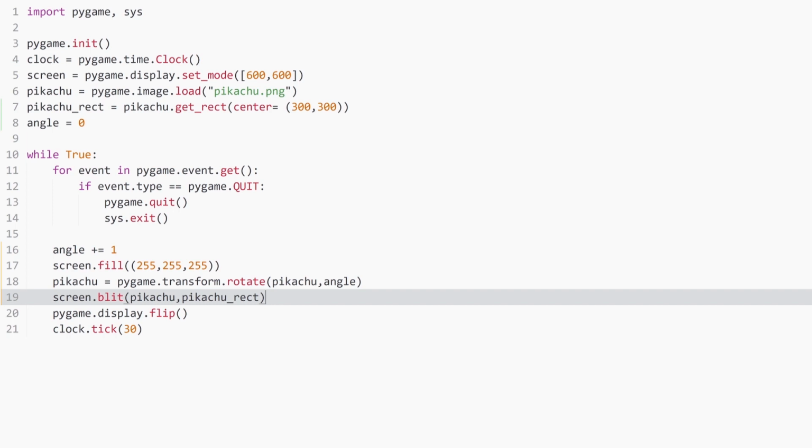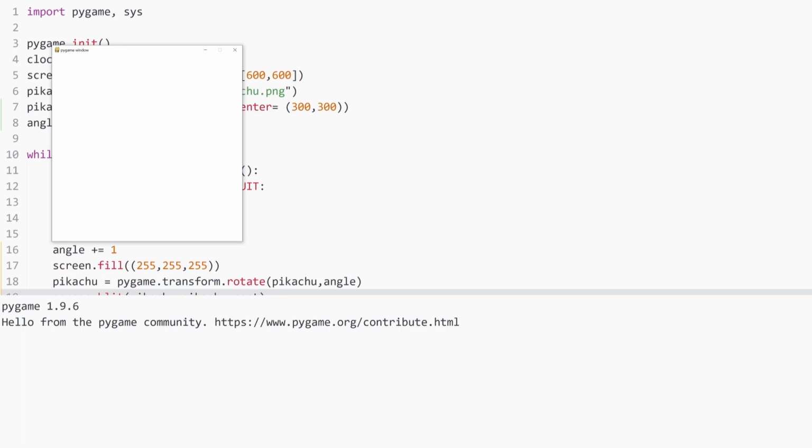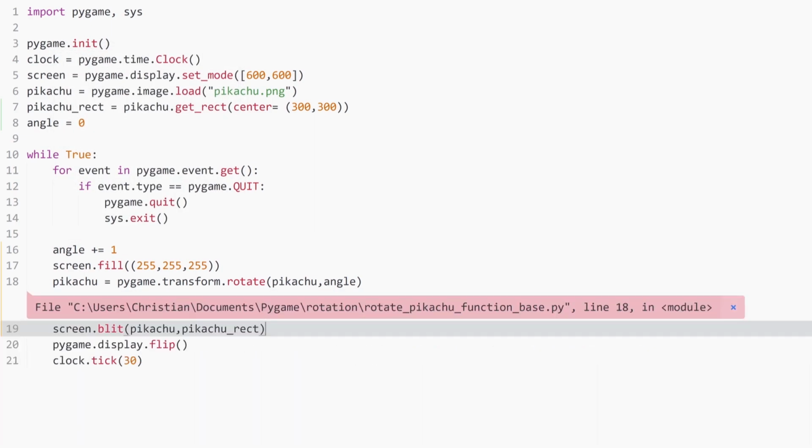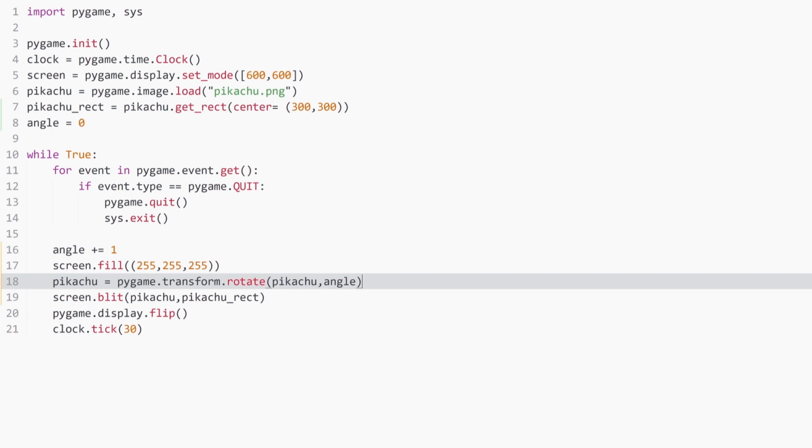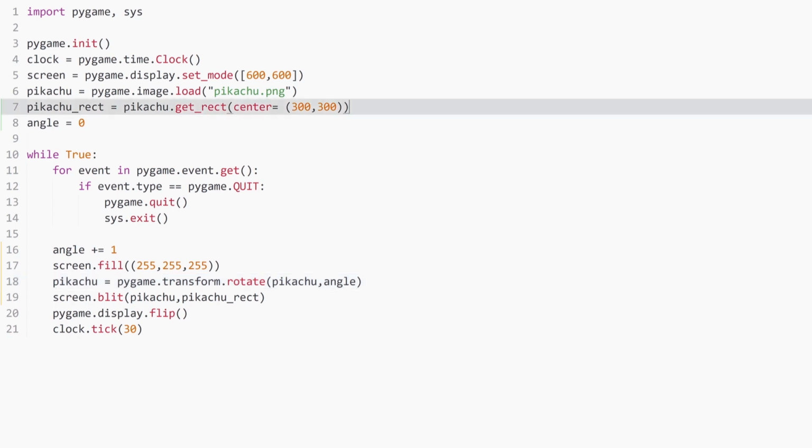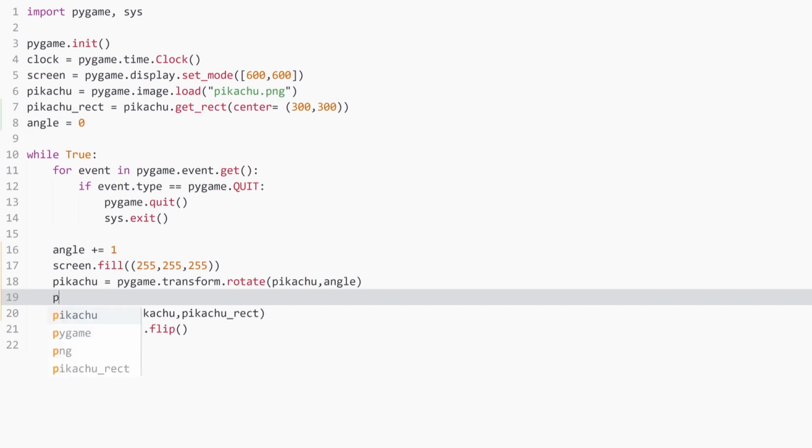But here's the problem: if we run this now, things are going terribly wrong and Pikachu leaves the screen. And the first point we can fix relatively easily. And that is simply that when we rotated the image, the rotation point changed. And this is why the image flew off the screen. And to fix that, all we need to do is recalculate the central point of the rectangle, so this one here. So when we have pikachu rect, it's going to be pikachu dot get rect, and center is again 300 times